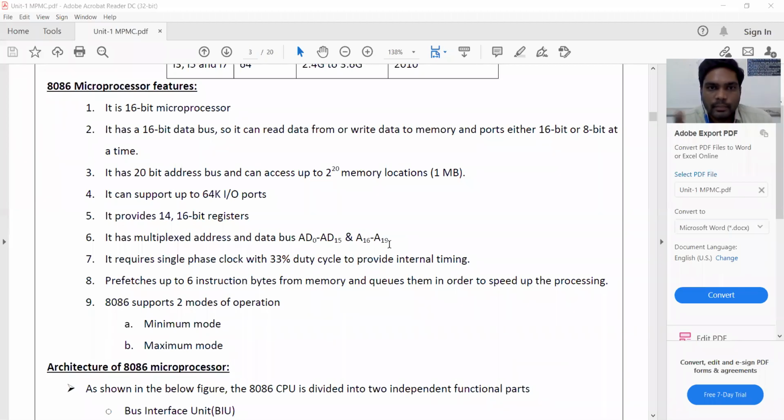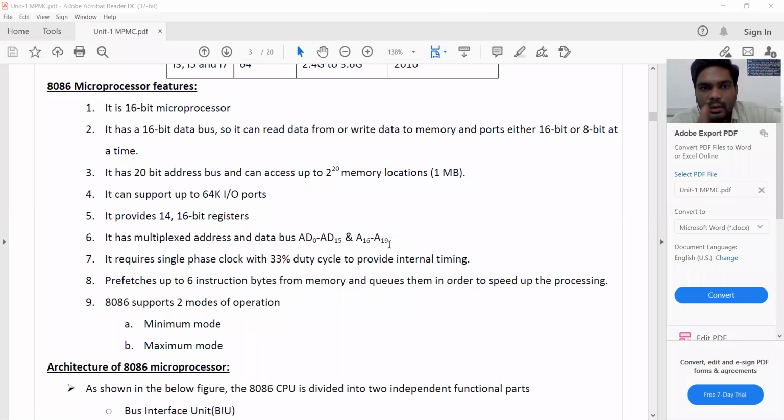Okay, so that particular line can be used either to carry address or data, but not both at the same time. Such lines or such buses are called multiplexed address and data bus. Why do we need to combine or multiplex these lines? In order to reduce the size of the microprocessor.